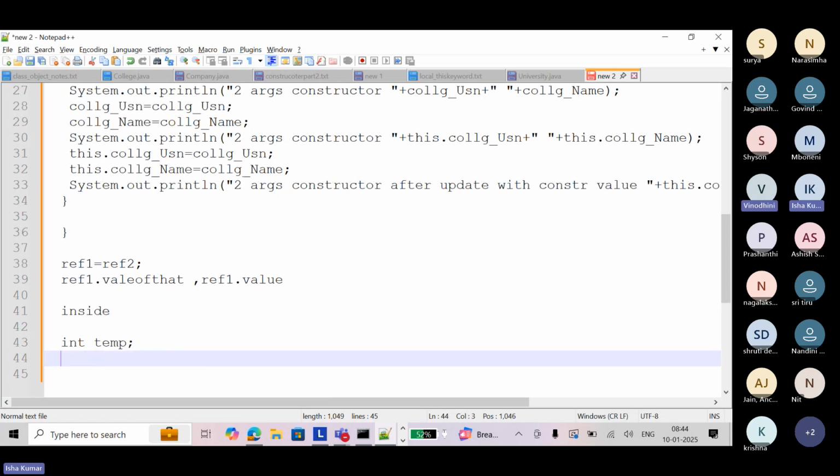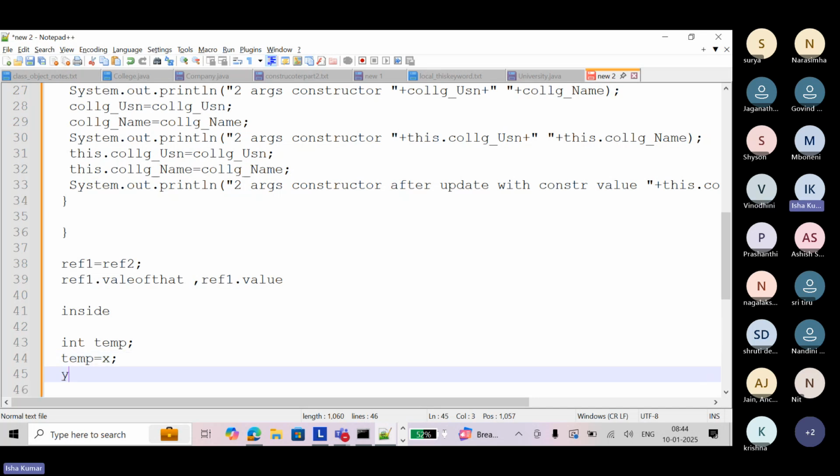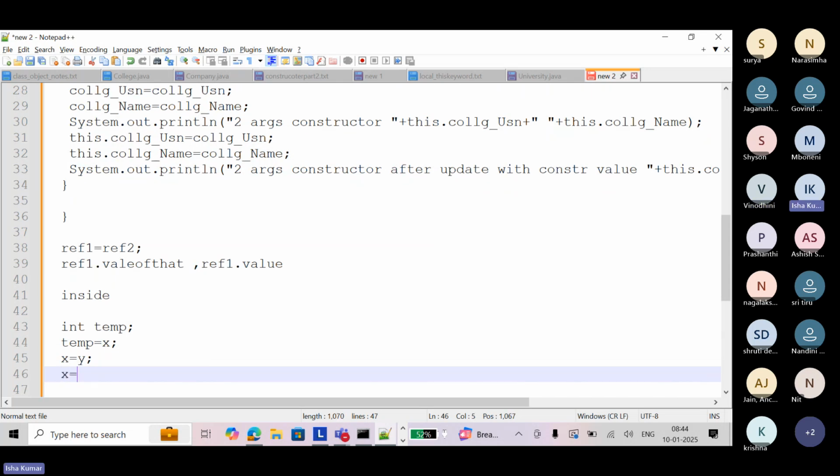Or temp equal to x, right? Yeah, correct. Then again y equal to x, or x equal to y, right? Yeah, correct. Then finally x equal to temp, then it will be swapped. This is the logic, right? Now you are trying to